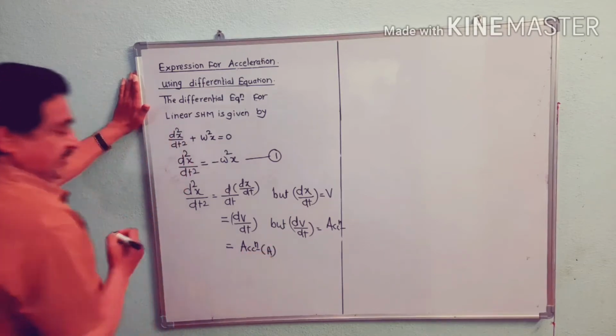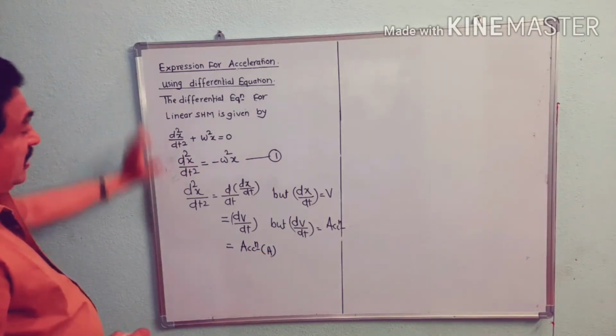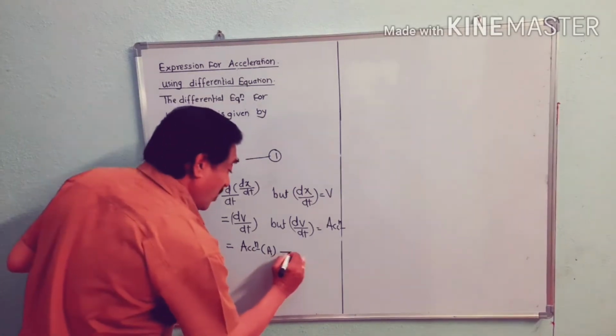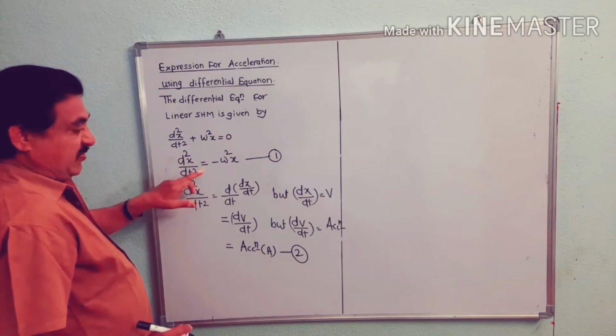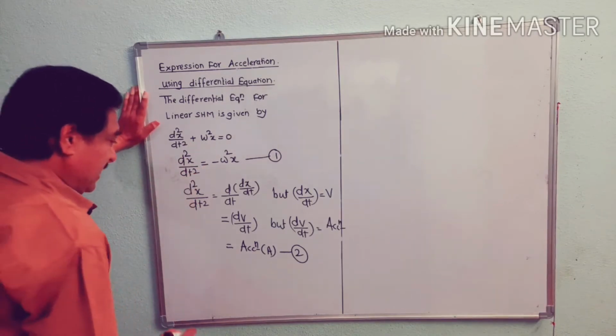So if we substitute this value of d2x upon dt square in equation 1,